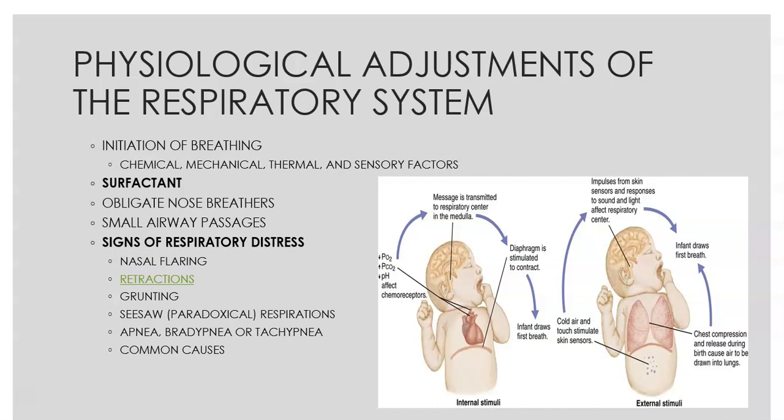Babies are obligate nose breathers, which means they only breathe through their nose. That's why babies struggle so hard when they get a cold, because they're not mouth breathers like adults can be if they need to be. And you'll see as they do a newborn assessment, they occlude each side because they want to make sure that both sides are patent.